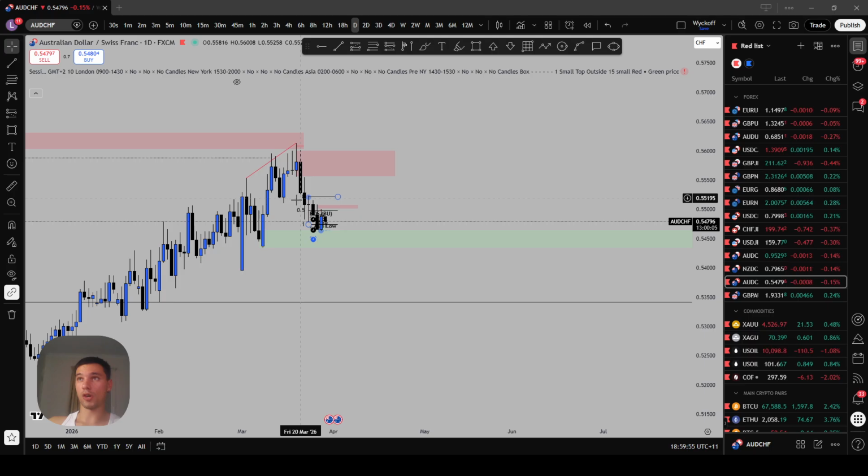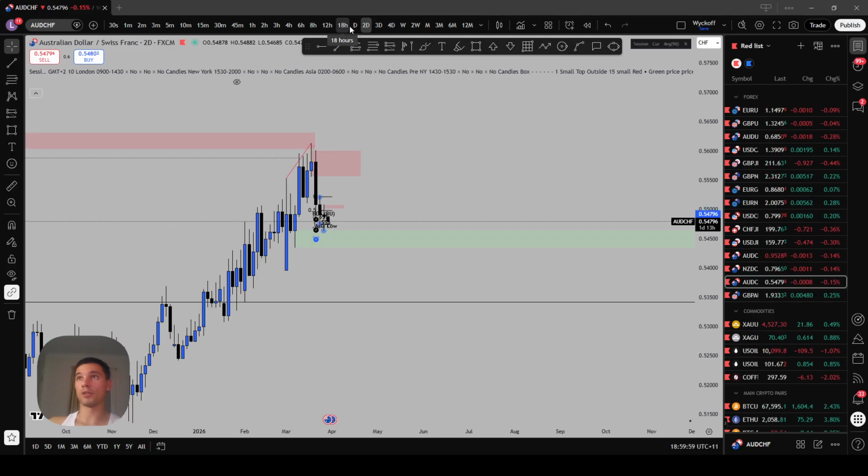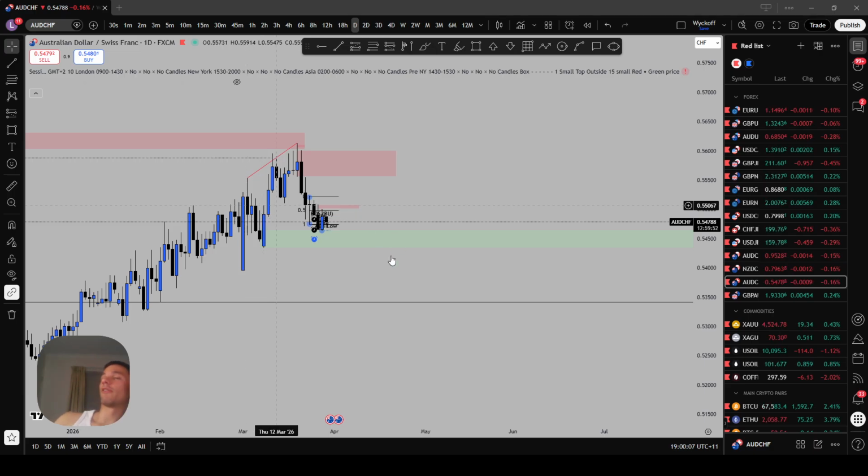However, we've broken structure here. We haven't broken structure on the 2-day. The 2-day market structure low is not until down here. But to be fair, we've broken daily structure, so we can expect